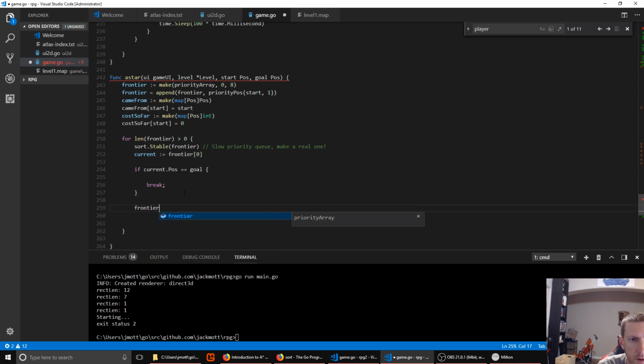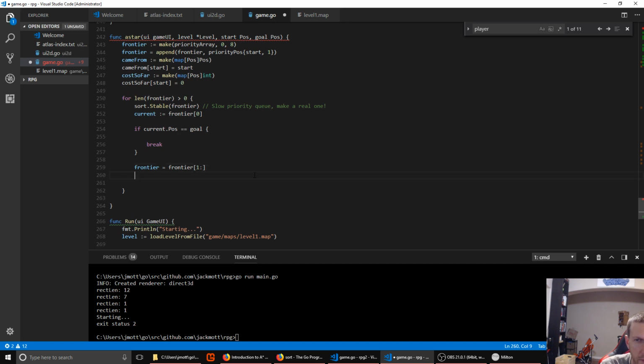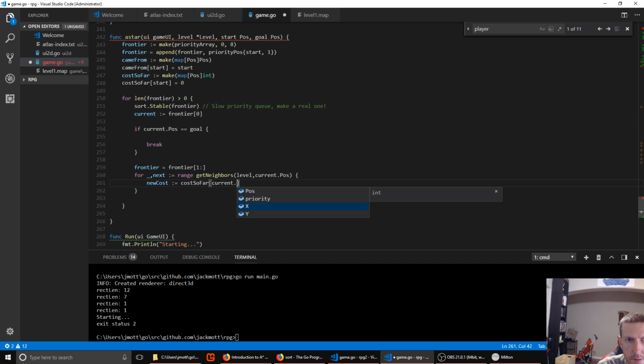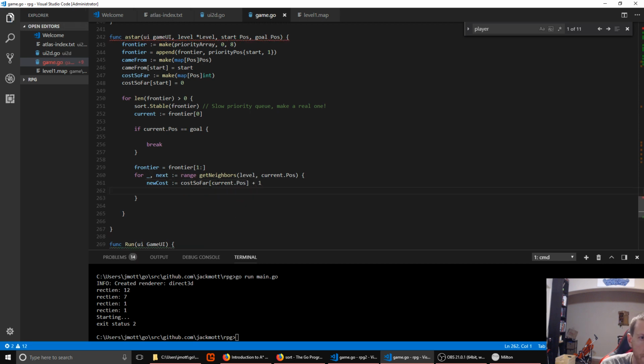Otherwise, we need to shrink our frontier down because we popped the highest priority off already. And then we'll loop over all the neighbors just like before. And then we're going to get our new cost. And this will just always be 1 for now. And then we need to check to see